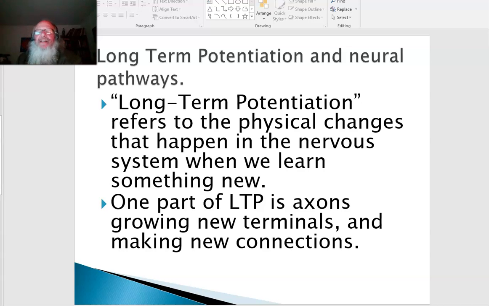Before we go on and talk a little bit more about why it's informative to think about neural pathways inside the brain and nerves extending outside the brain, I wanted to go back and catch us up on this term, long-term potentiation. So one of the things that we've been talking about